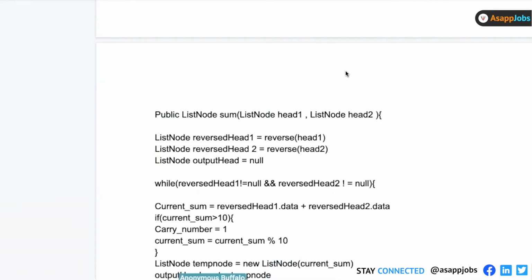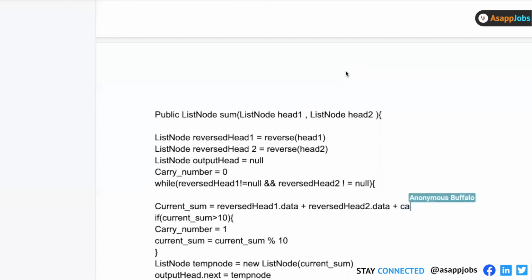Will we get any error in this line of code which right now Vivek has written? Any issue in this line of code? Output head.next is equal to 10. No? Sir, do we need to just create another list? I mean, can't we update one of the available lists, which is larger in size? You can do that also, and I think that would be better because that will improve your space complexity.